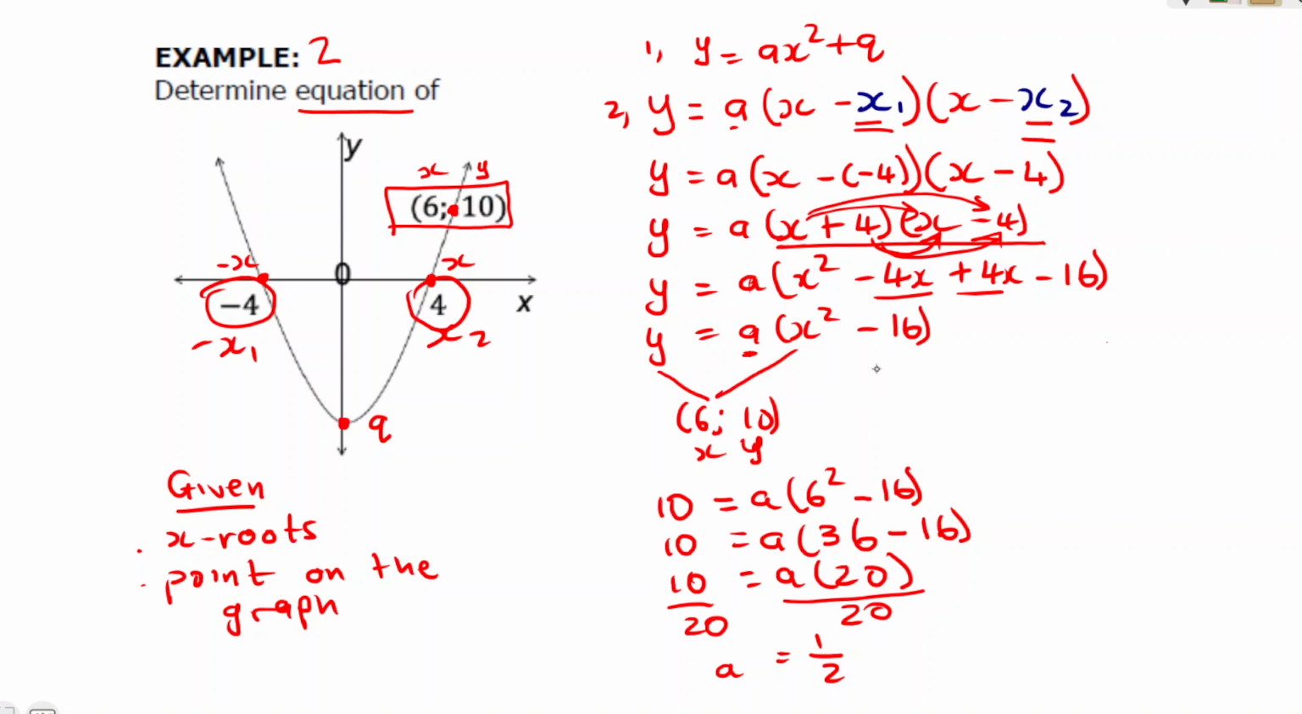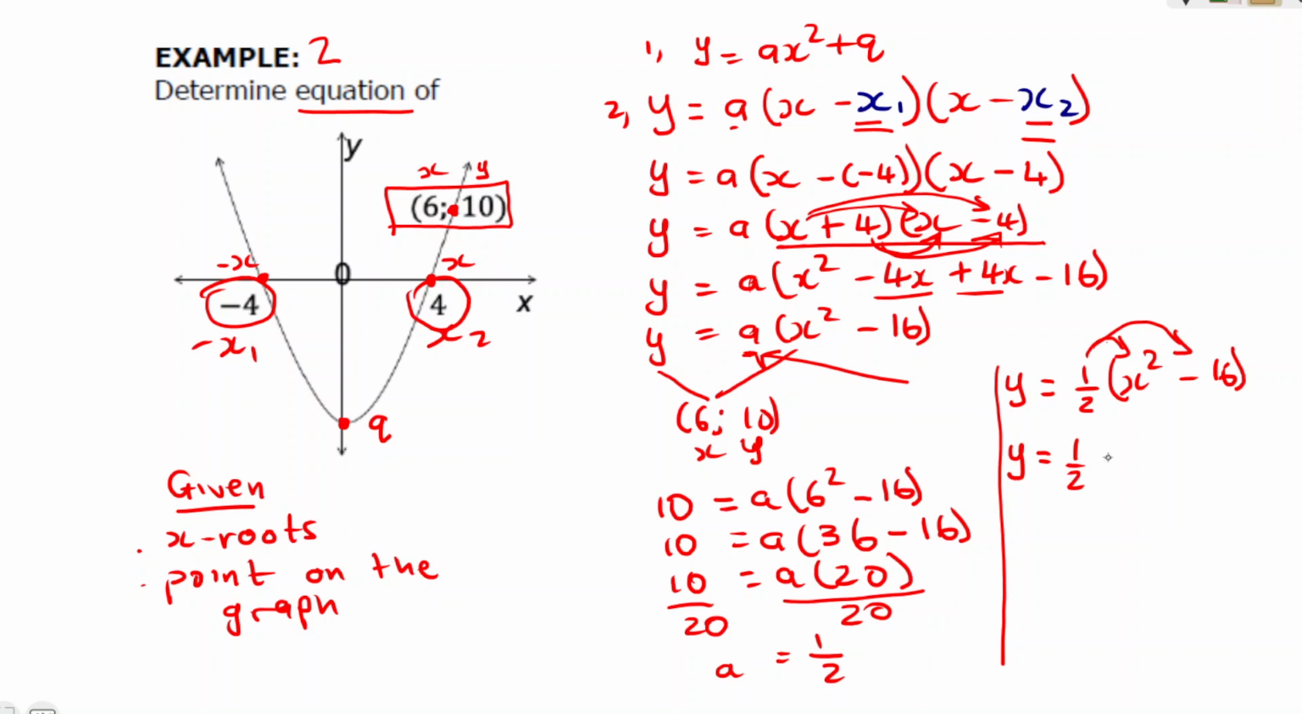Okay, so we have to go back now to our equation. Remember, we wanted to find this value of a. Now we do know what a is. So we go back now to this equation, and the equation is y is equal to a half, because a is a half, bracket x squared minus 16. We can multiply everything that is inside the bracket by a. So the final answer now is y is equal to half times x squared, that is a half x squared,